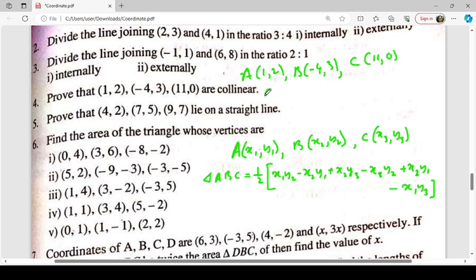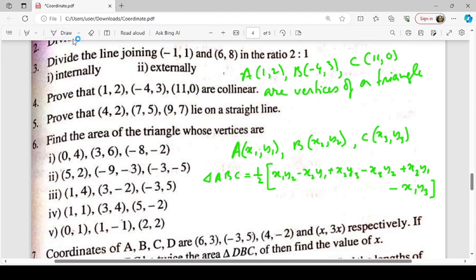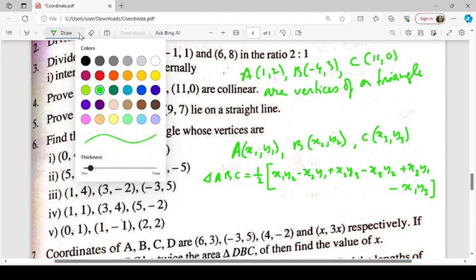ABC are vertices of a triangle. Then area ABC is given by